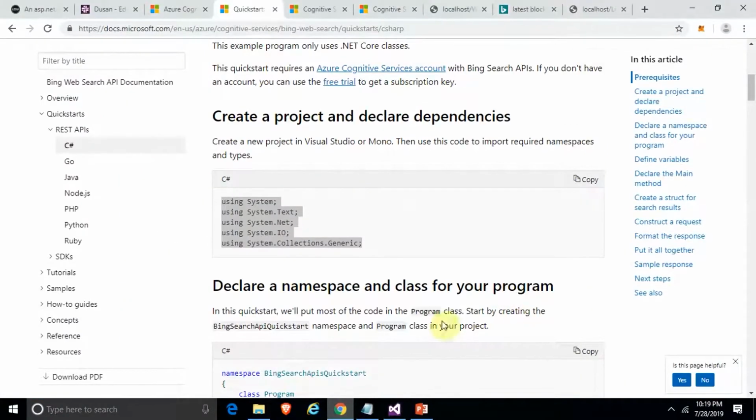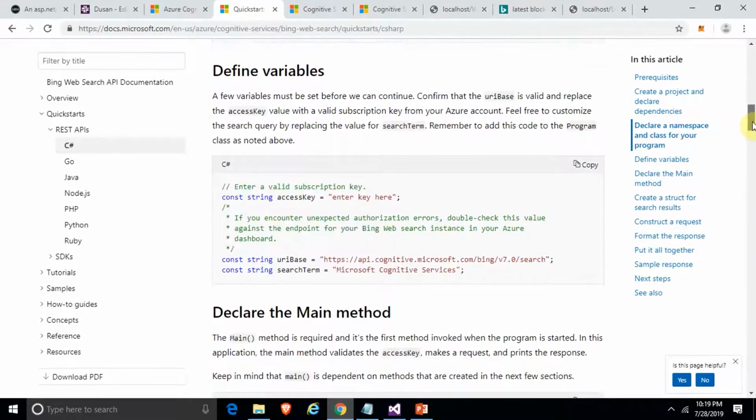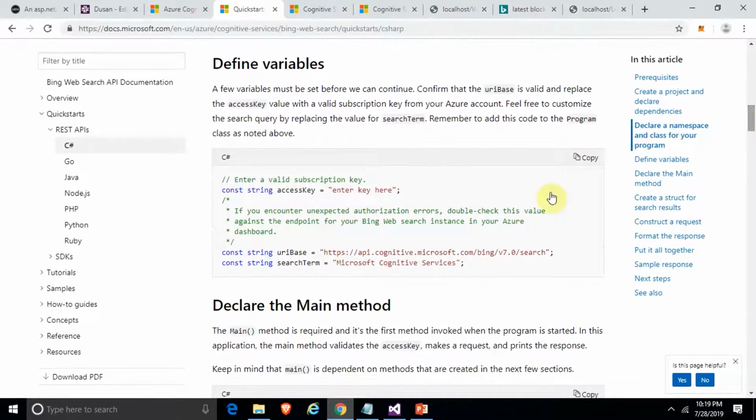So now that we have this, let's see what it says next. Of course, this is a console application class program. We don't have that in our web application, so we're going to skip that. And then you can see it says here, first of all, we create our key: enter valid subscription key. So we put our key value here, and then this is the URI base we're going to use. We're going to use search. So if you look at our endpoints,